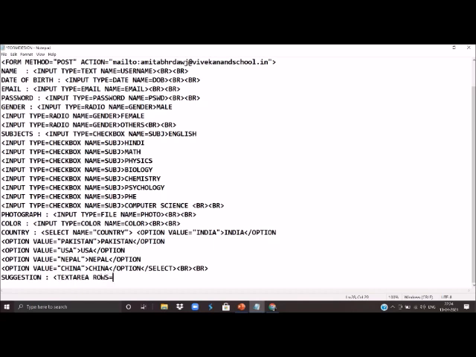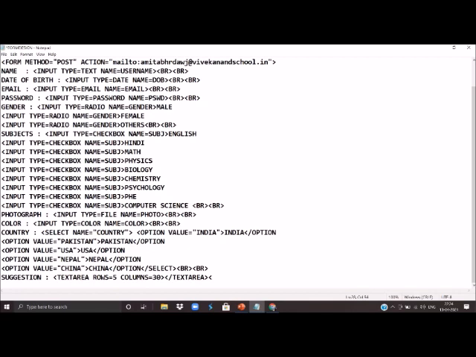Say we give here 5 rows and columns, say 30. And again we'll have to close this tag also. So we will write here slash textarea. This is also a container tag.